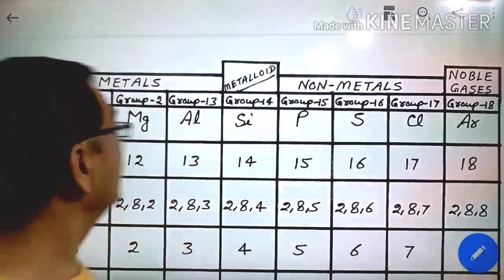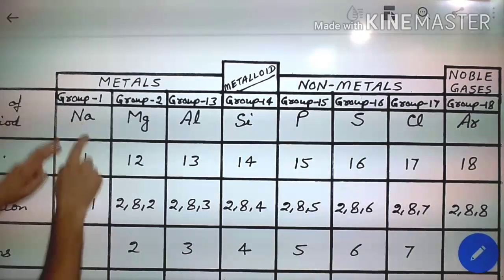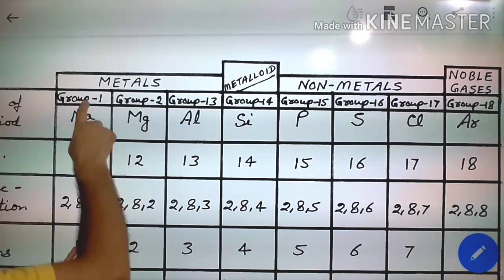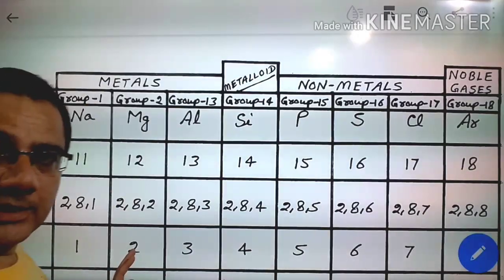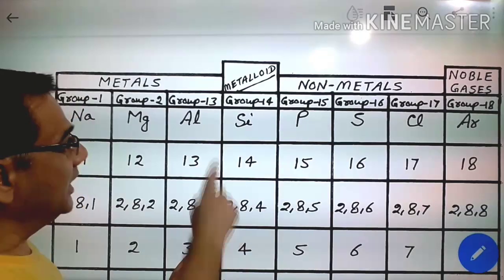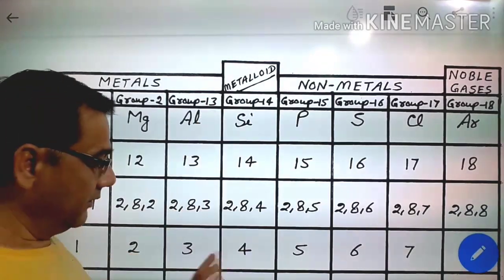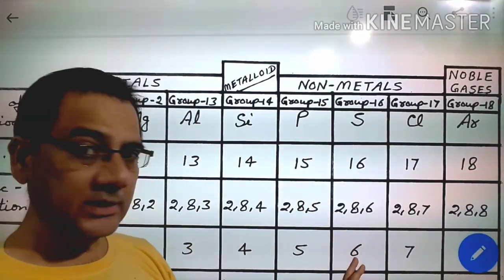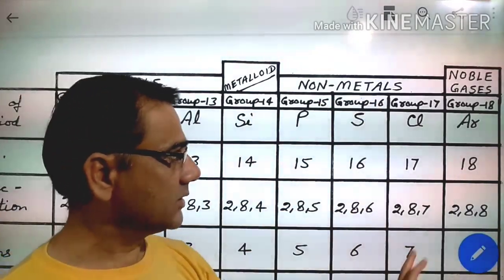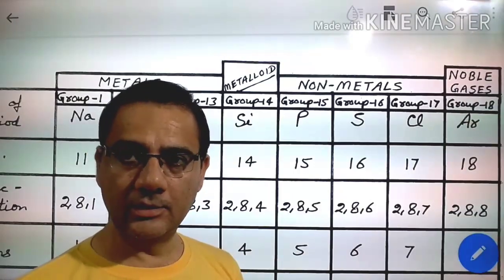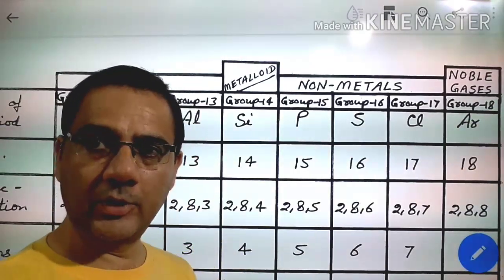देखिए, this is the reason that this sodium has valence electron 1 and I have kept it in group 1. These are the valence electron 2, I have kept in group 2. Valence electron 3, I have put here group 13. Valence electron 4 group 14, valence electron 5 group 15, valence electron 6 group 16, valence electron 7 group 17 and valence electron 8 group 18. तो याद रखेंगे इस बात को, very important point.